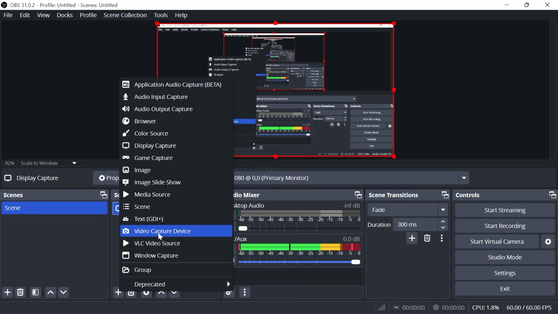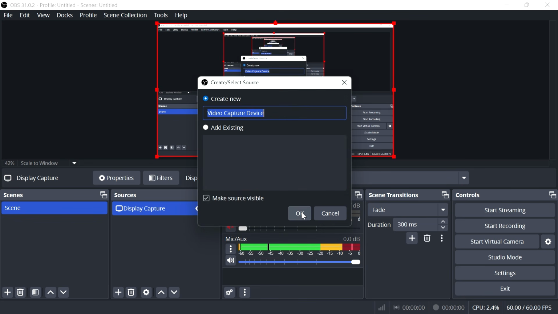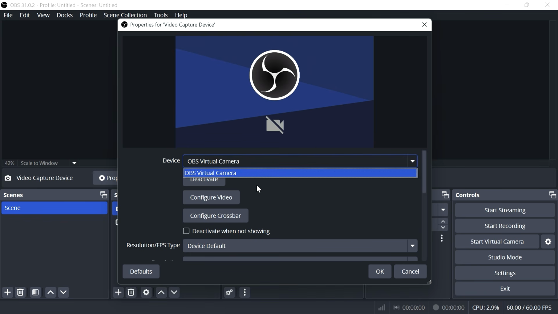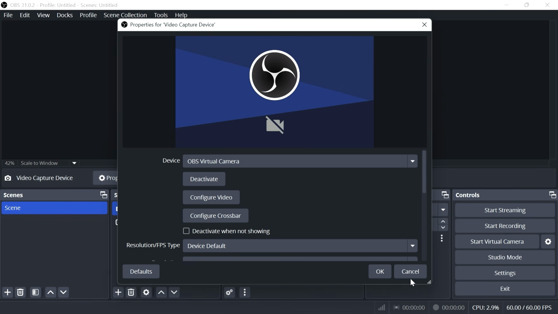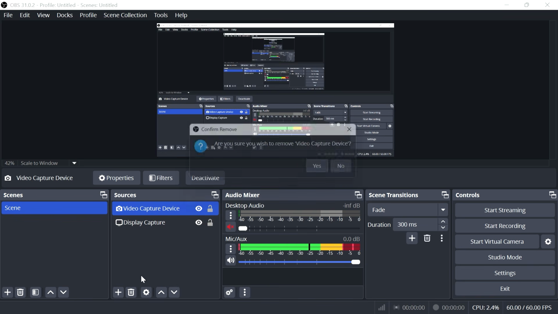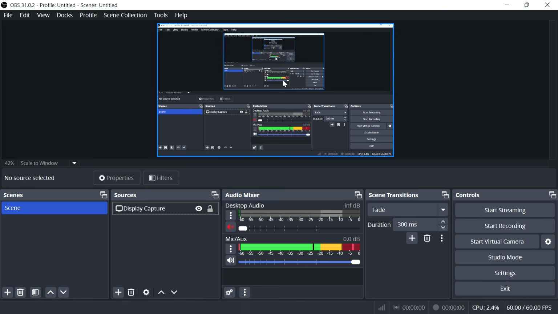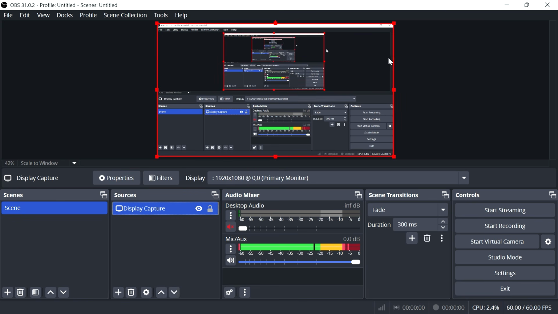Now you can also add other things here as well, such as webcams by clicking on the plus icon. You can click on video capture device, click on OK, and then you can just go and select your webcam from the list, and you can also add that as well. However, I'm just going to keep this simple and keep it as a screen recording. So now you should be able to see your screen in this window, and then we're going to click on